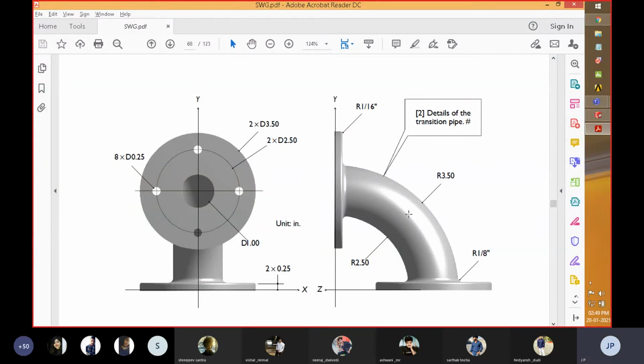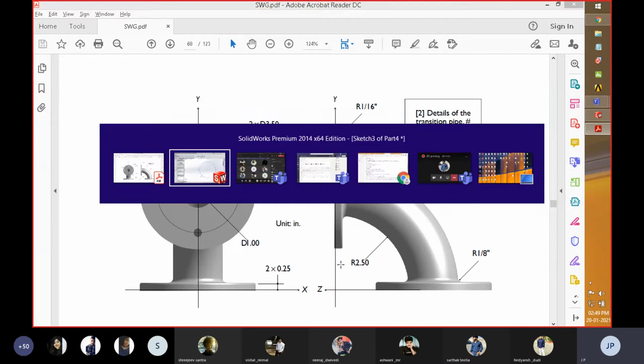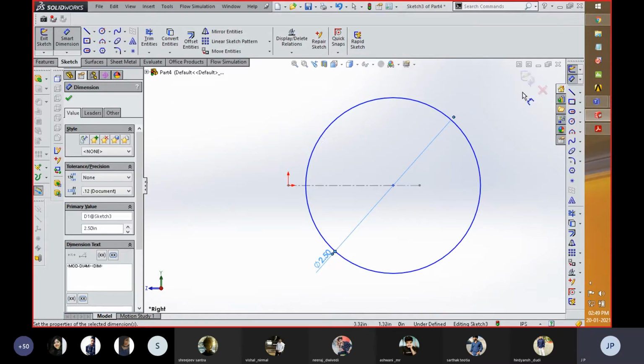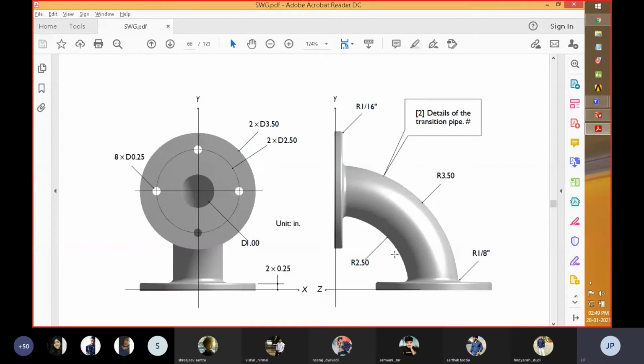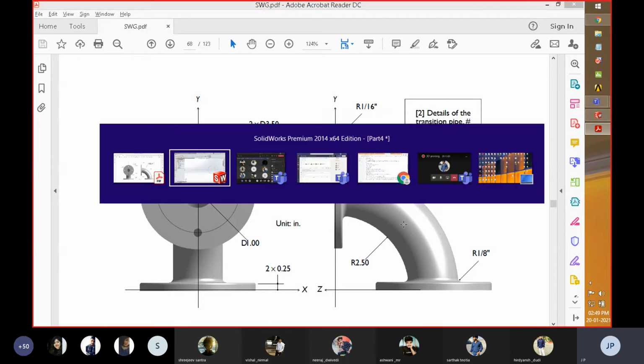The radius is actually showing here. I haven't noticed one thing: this is written R over here. So the diameter of this circle should be 3 to 6 diameter in inches.